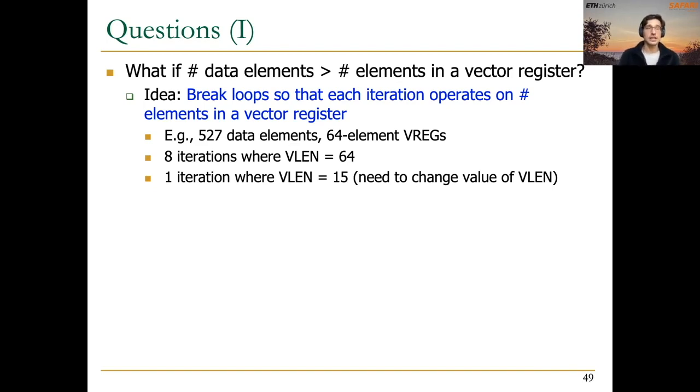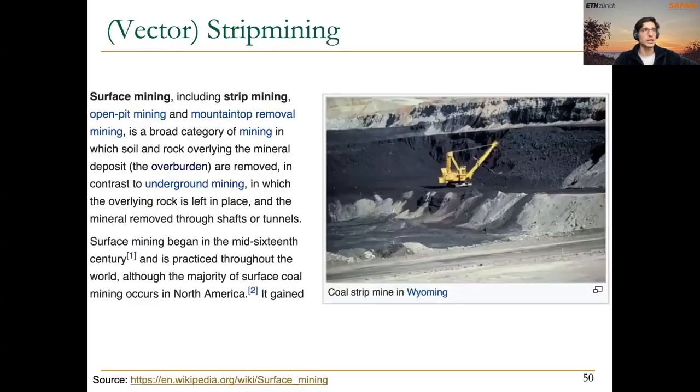It just needs to use 15 of these elements. And that's why we will need to change in software the value of the vector length. Remember that we move the actual vector length that we want to this vector length register that we presented before. And this is what is called the vector strip mining, this idea of getting rid of